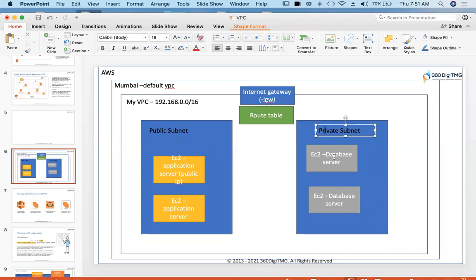And I have private subnet, and my database servers or backend servers are there in the private subnet. I don't want these database servers exposed to internet. So we have launched them in private subnet. This is one use case. And we know that your application server can access database server because they are in same VPC.